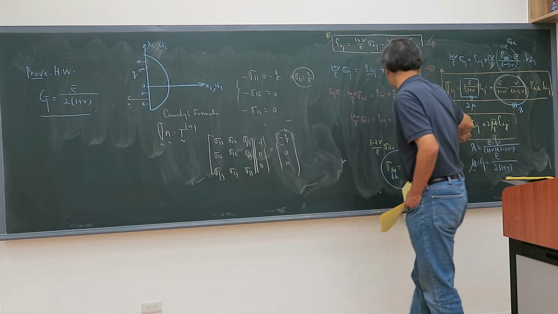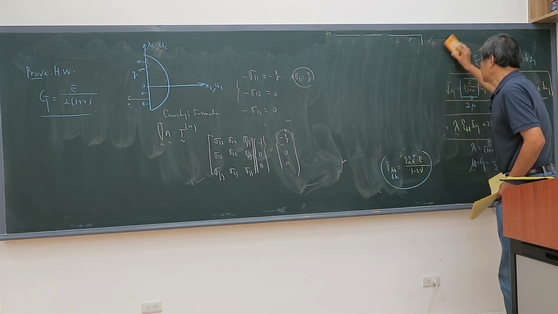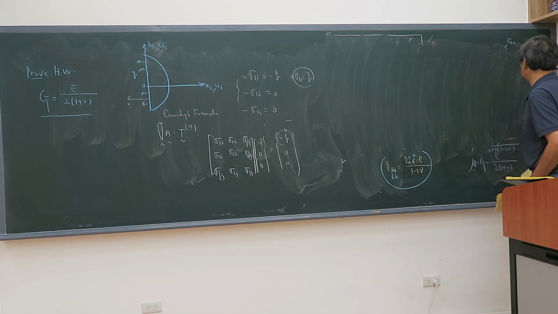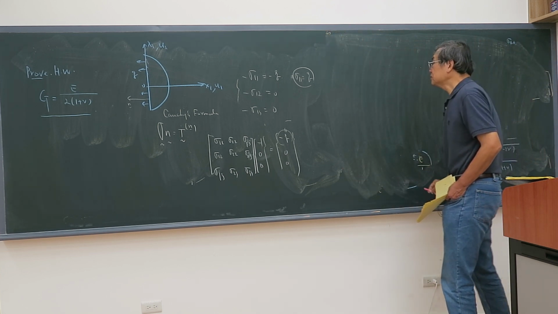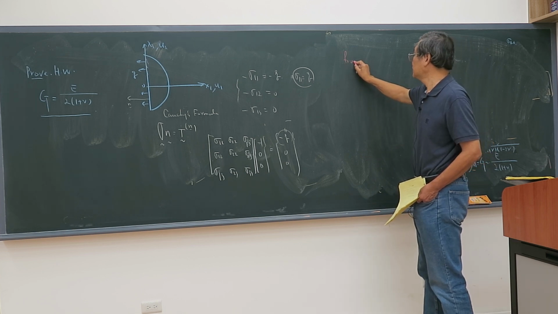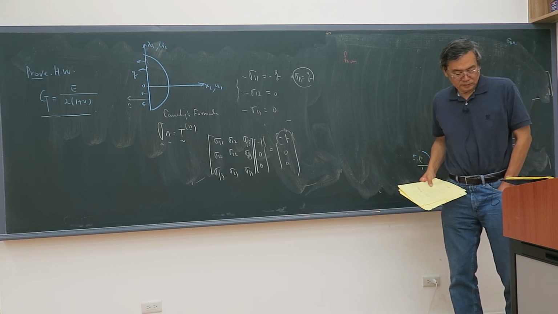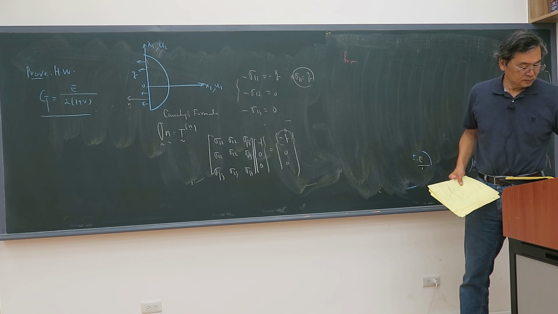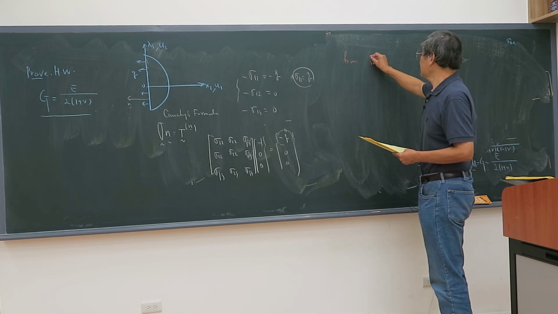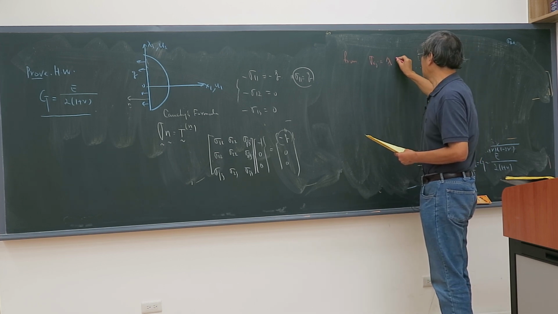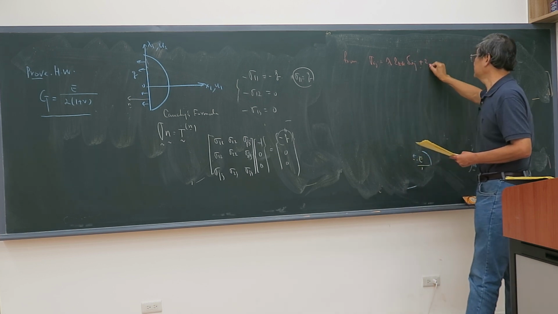So if I use this relationship, from σij equal to λ εkk δij plus 2μ εij